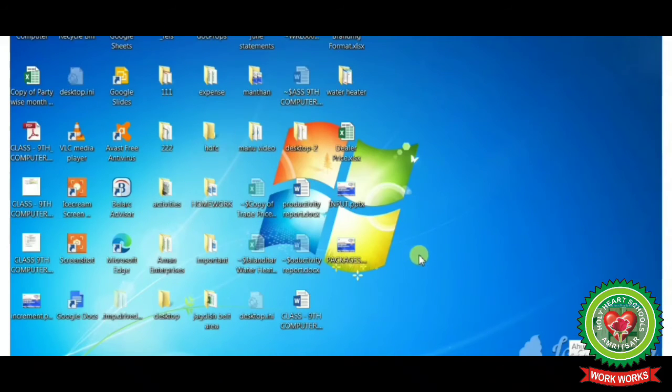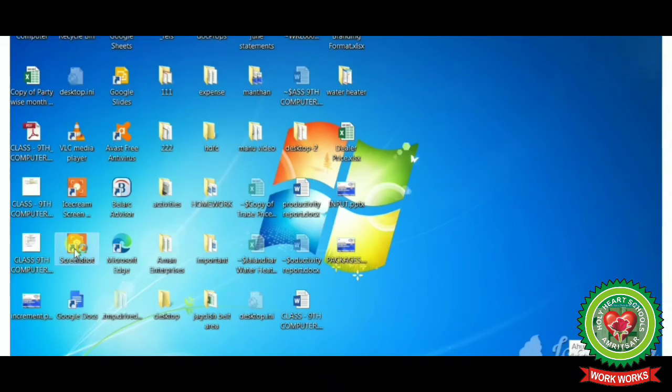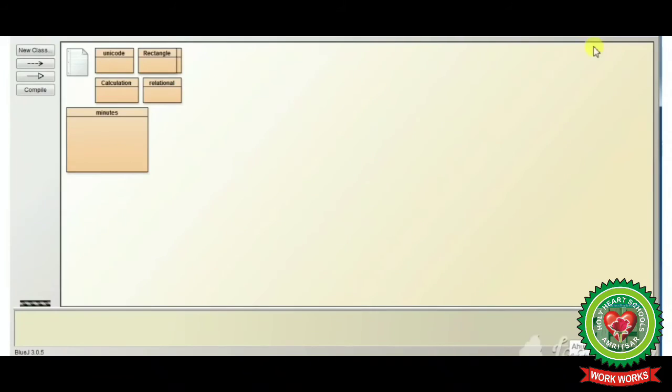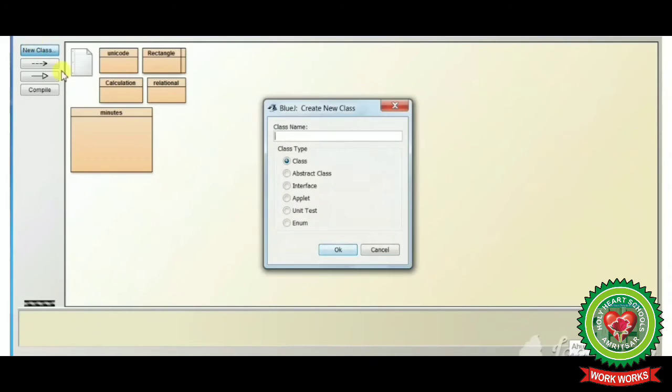So we will open the BlueJ window by clicking on the Start button and BlueJ. The BlueJ window will appear before us. See, the project is already open, BlueJ ABC. Here we will click on the New Class button to create the new class. A new class dialog box will appear.